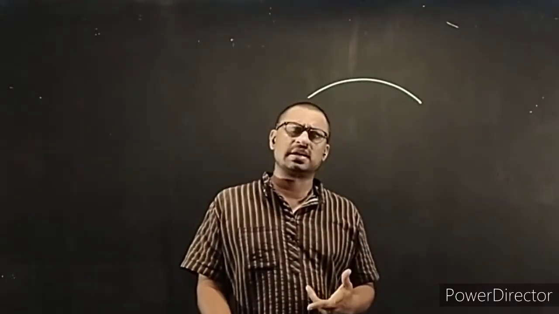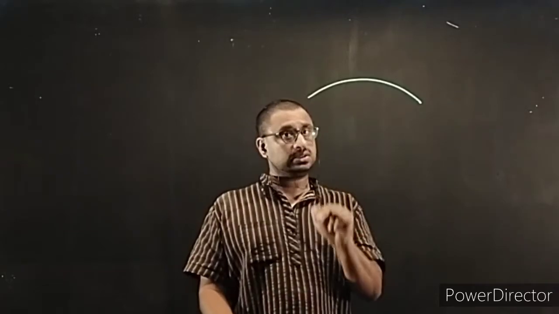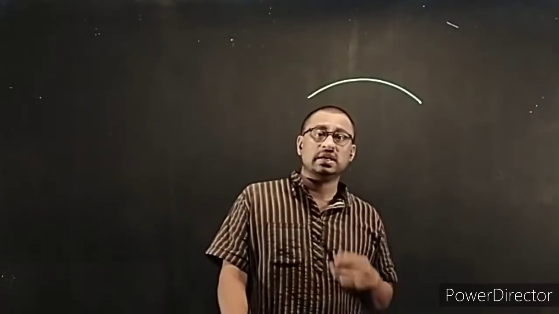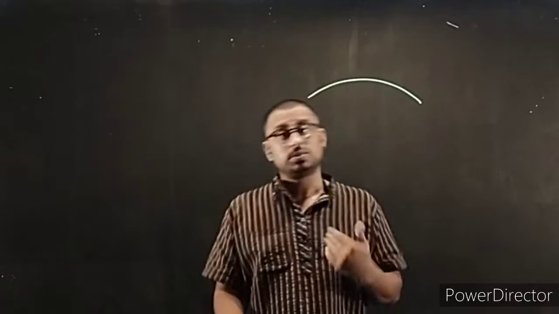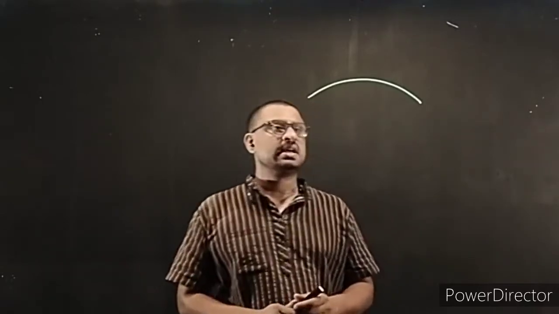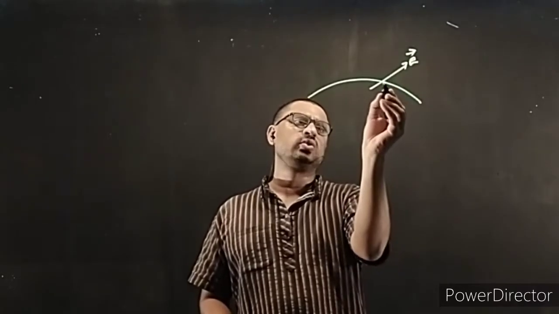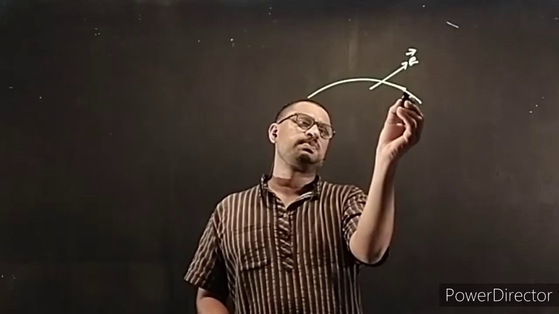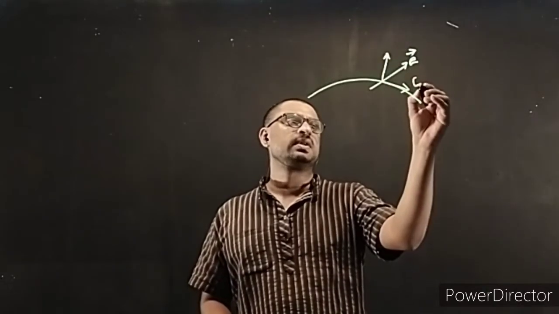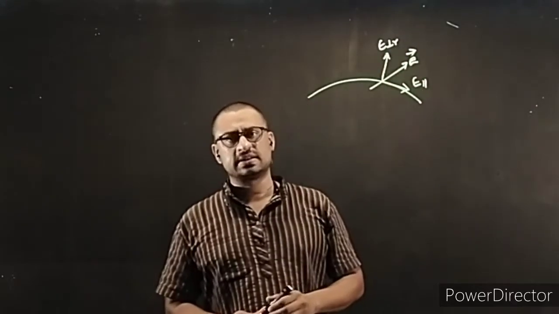I will say the contrary. Let us think like that: if the electric field were not perpendicular, then this electric field would have two components. One is parallel to the surface and the other is perpendicular to the surface. So if there exists a parallel component of electric field,